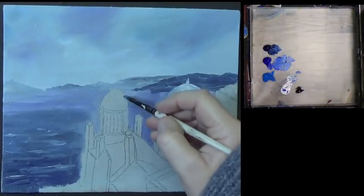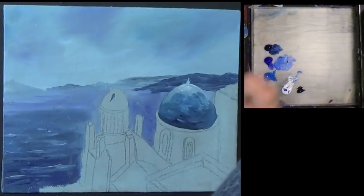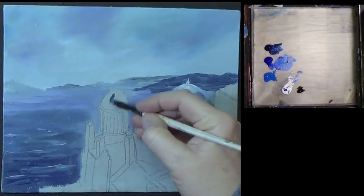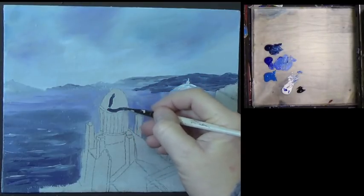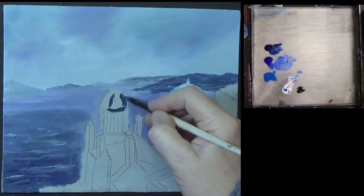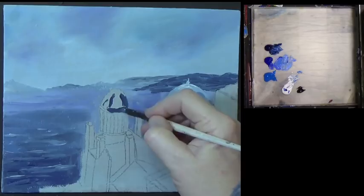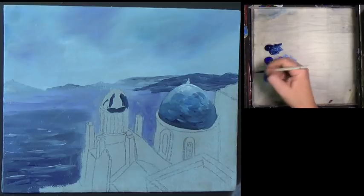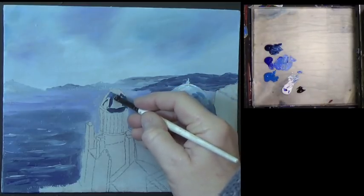Again, we need to look at this building now. So I'm just going to get a bit of Prussian blue onto my brush. I'm going to put some dark areas in like this. Wiping my brush. I'm using the same brush. I'm not washing my brush in water or anything. I'm just using the paint that's on the brush. And now I'm going to pick in